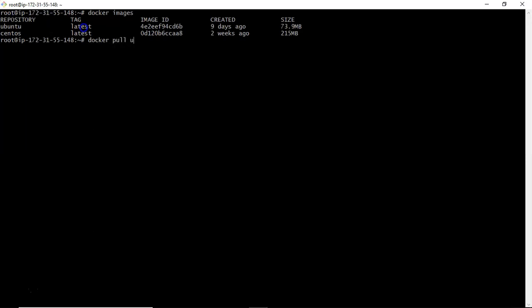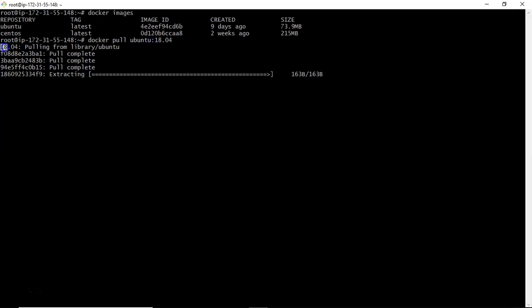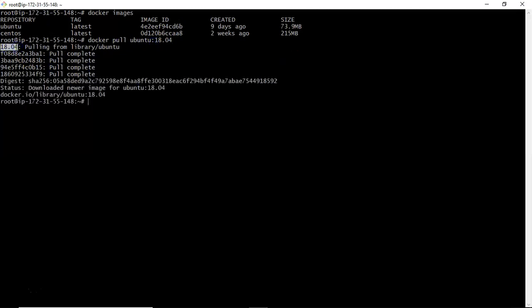Docker pull ubuntu. See, if you simply run docker pull ubuntu, it will download the latest version. But I need a particular version, so you have to pass it as a tag. Here a tag is nothing but simply a text or version. Now see, colon 18.04. Actually we have the 18.04 version for our Ubuntu operating system. That's why I'm giving that as a tag here. Be clear, while giving a tag you have to pass a colon here. Now let me enter. See, it is downloading the 18.04 Ubuntu version.